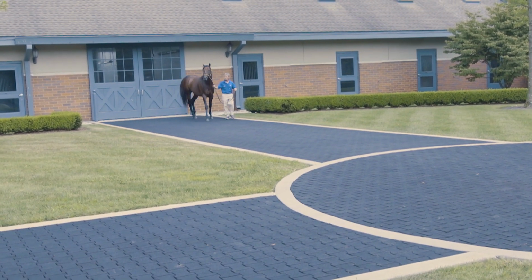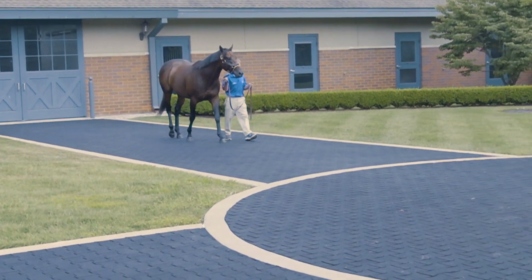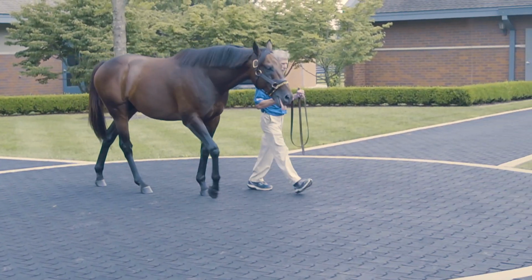Mr. Reddam named him Nyquist after one of his favorite hockey players. He's named after Gustav Nyquist, so that's where he got his name from. And it's kind of fun. He's got his first 2-year-olds on the track right now, and we're seeing a lot of them with hockey-themed names,